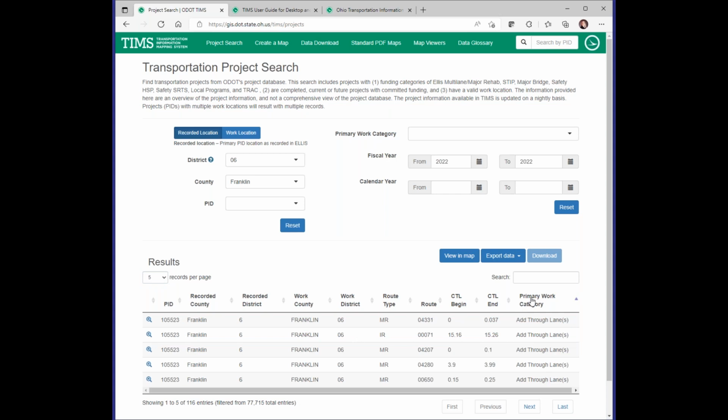You can sort the fields by clicking on the column header, so primary work category, or you could search, and this search box, think of it as a generic text search. So if we use the format of the route field, where it's 5 characters with leading zeros, then we could limit our results by route. We could view only the projects with a location on Interstate Route 70. So we see we've got down to 12